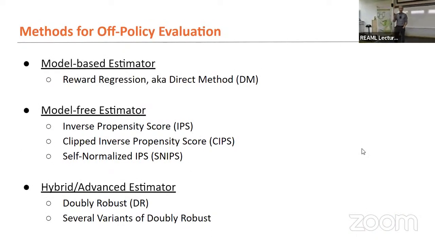Okay, so there's three classes of estimators. There's model-based estimators, where we're going to start, and model-free estimators. And then you can mix these two up. I'll not talk in depth about mixing the two. I just want to explain these first two classes because they're really fundamental. If you understand those, you can get what these other things are, no problem.